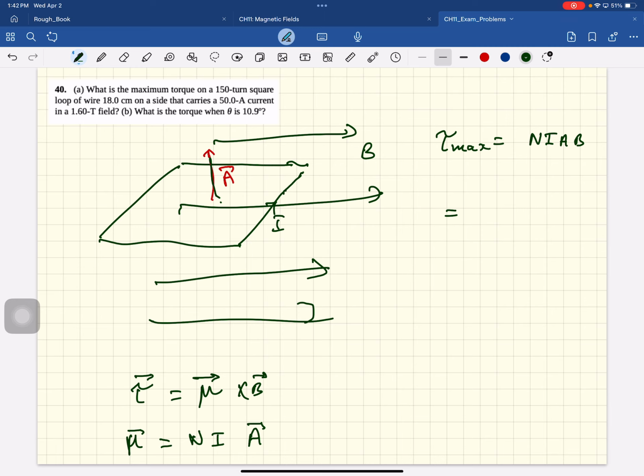Okay, so we have 150 turns. Current is 50 amp current, that's a large current. Area is 0.18 meters square, and the field is 1.6 Tesla, and that's a strong field. So the maximum torque is